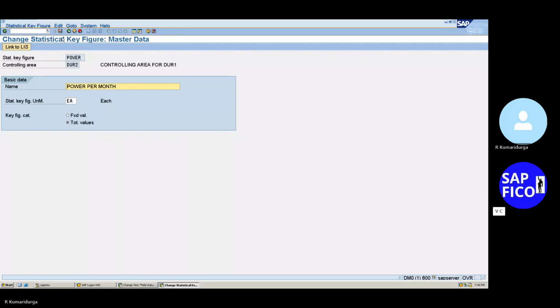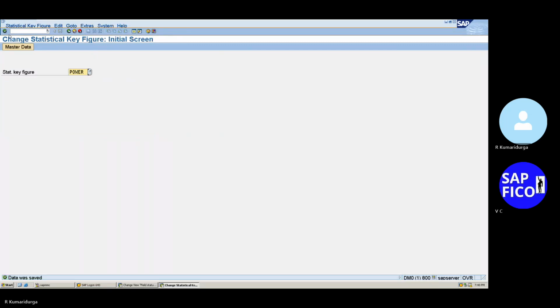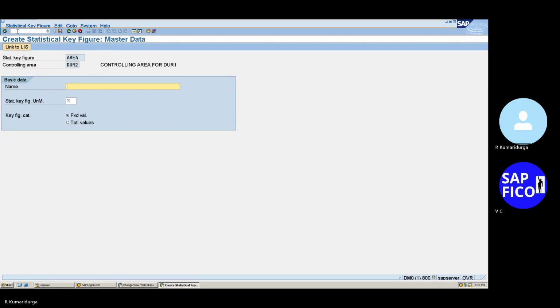Go to the subheader and set. The next one. Again, go back to the transaction code KK01. This is area. Click on the enter. Then name as area. Same thing. Statistical key figure is